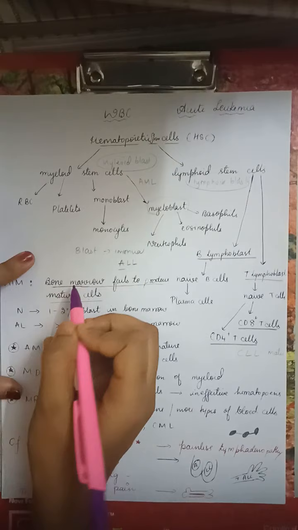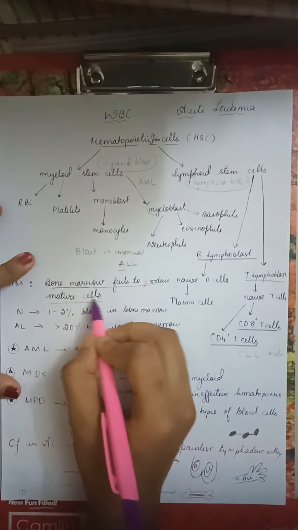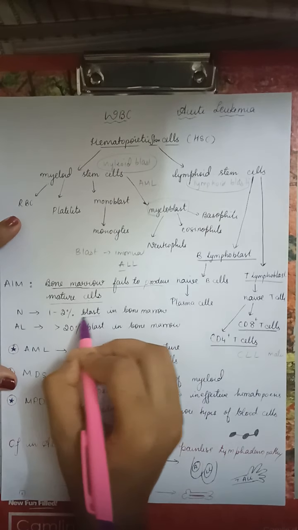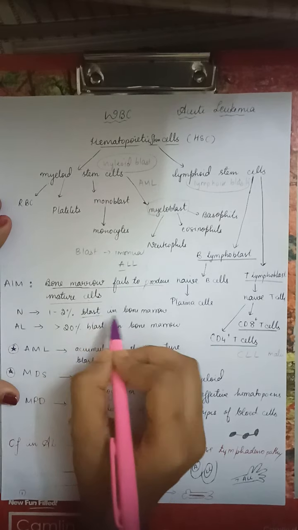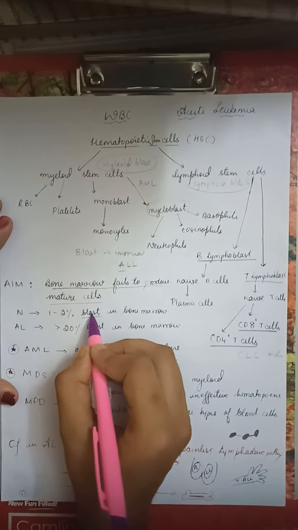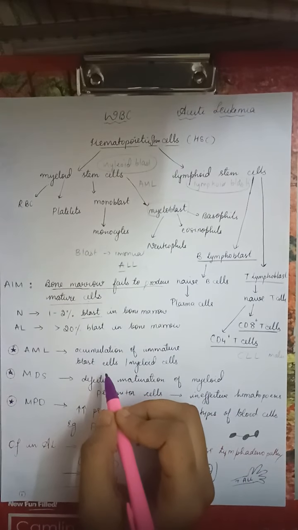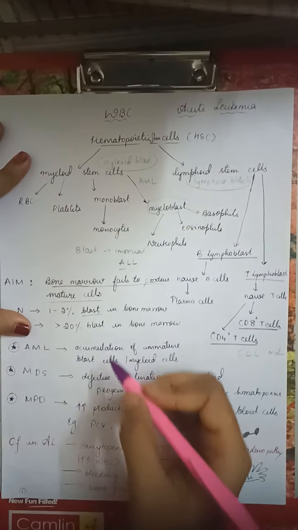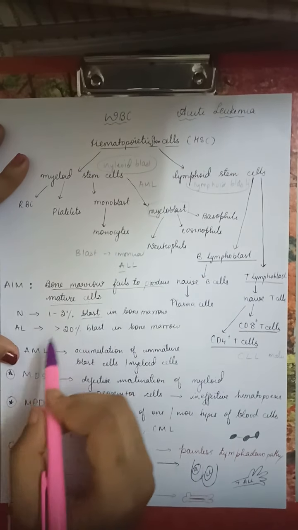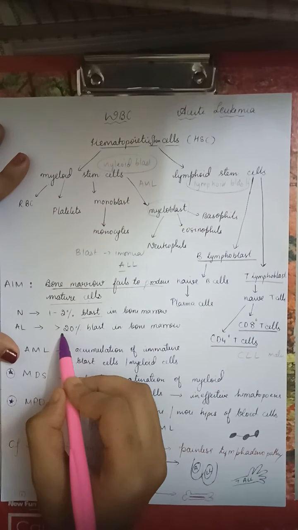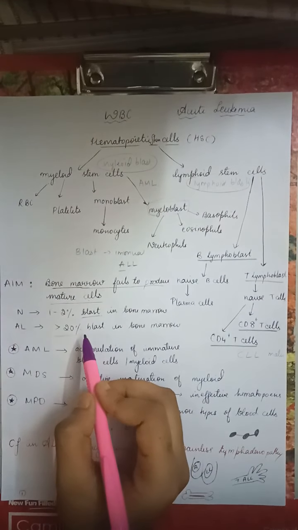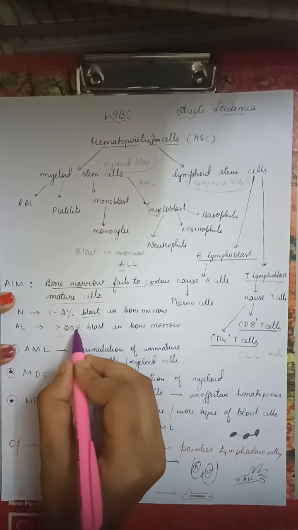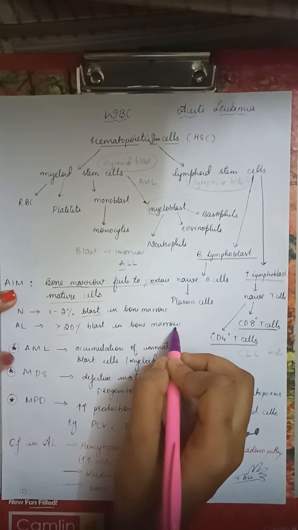Basically, one thing we have to understand is that bone marrow fails to produce mature cells. In normal human beings, there is 1 to 2% of blast. We know that blasts are nothing but immature cells. So in normal humans, there is 1 to 2% blast in our bone marrow. We know that all the process of hematopoiesis takes place in bone marrow. In normal individuals there is 1 to 2% blast, but in acute leukemia there is increased blast, that is more than 20%. Even if you forget anything in this video, please remember one thing, that in acute leukemia it is more than 20% blast formation in bone marrow.